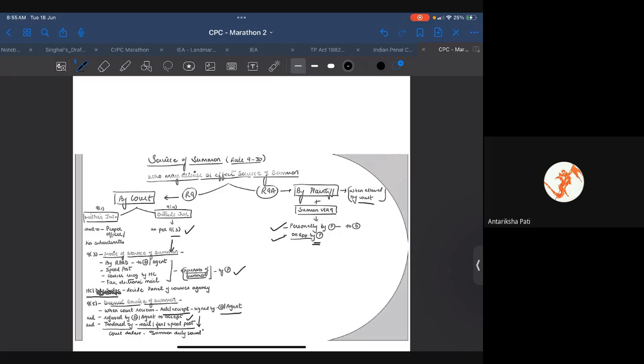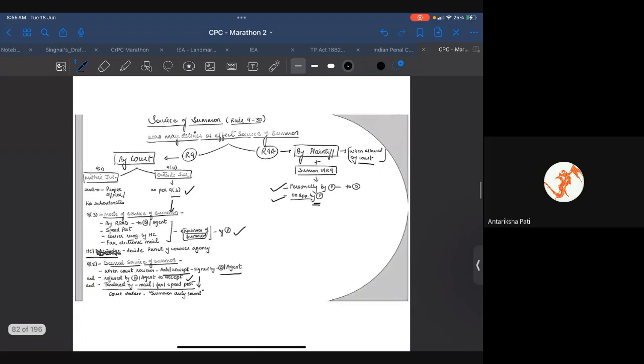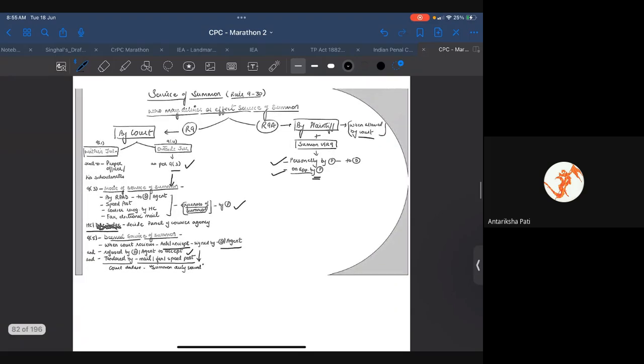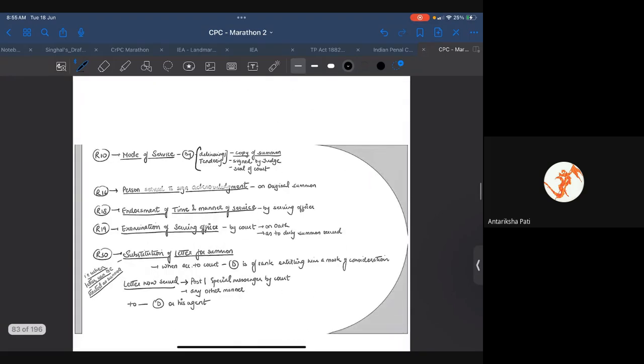Now, Rule 9A is service by the plaintiff when allowed by the court. It is a dasti summons. So he has to take the summons and serve it himself personally. The plaintiff will serve it on his application. It can be given. If a dasti summons is not served, then it has to be served again through the regular mode. Now, the mode of service is by delivering or tendering